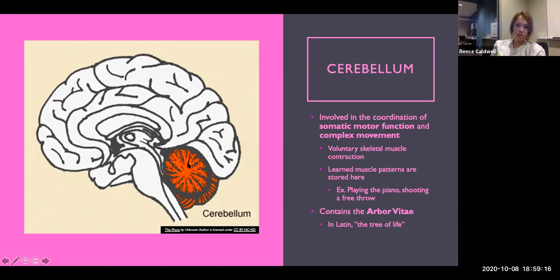So the cerebellum contains the arbor vitae, which is the tree of life. What the arbor vitae actually is, is tracts of white matter. So a lot of myelinated axons are in here that are sending signals down the spinal cord into those spinal nerves. And so how I remember that this is the cerebellum and this is the cerebrum, I think cerebellum,